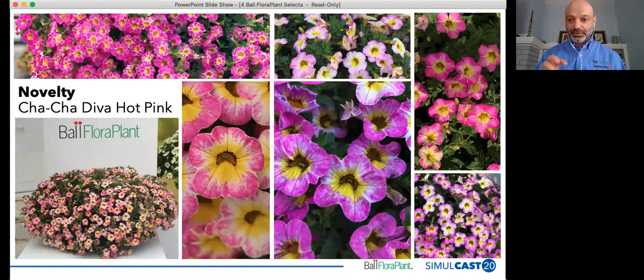But you can really see the different colors within Cha-Cha Diva Hot Pink here on the slide. You've got a really strong hot pink with the yellow center. You've got more of a hot pink color with a little bit of a white star on the picture on the top. You've got lighter pink, more white on some of those blooms there as well. So we're really excited about our divas,